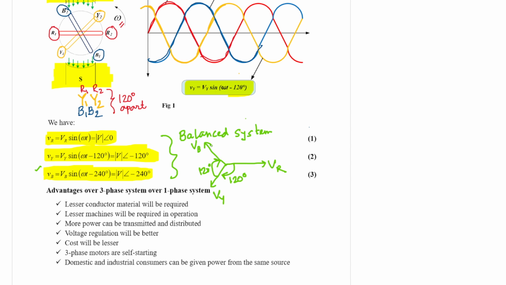For a balanced system, this 120 degree phase displacement between any two phases is very important. If this phase displacement is not 120 degree, then that system is called an unbalanced system. So a balanced system has two important aspects. First of all, this phase displacement